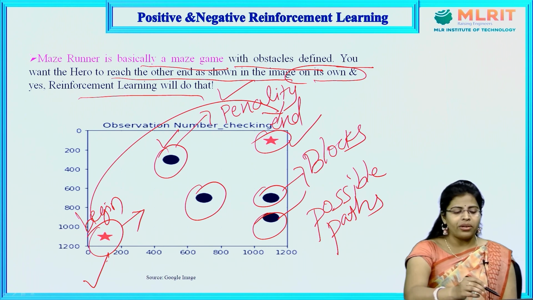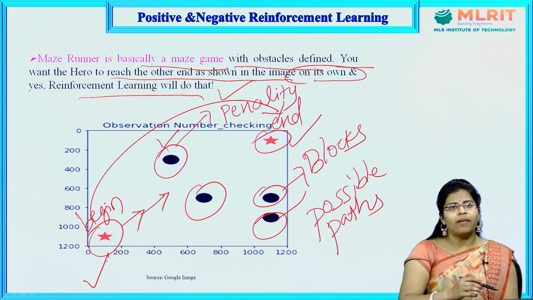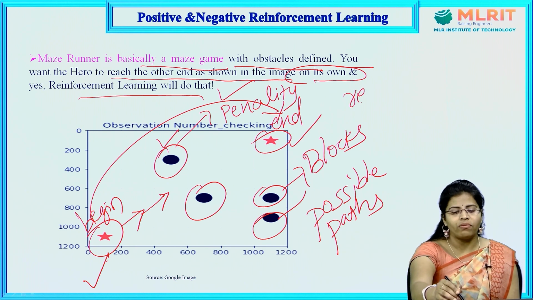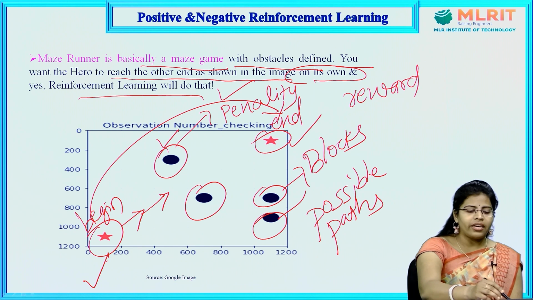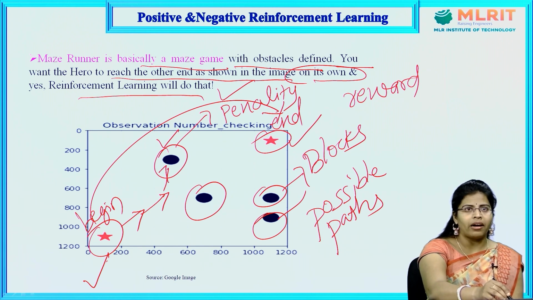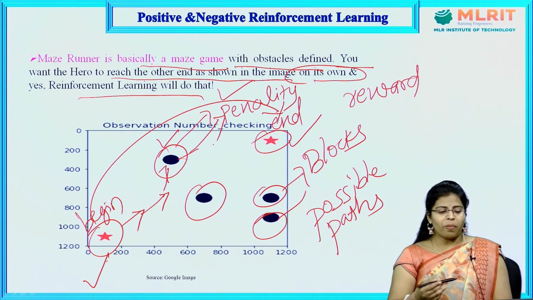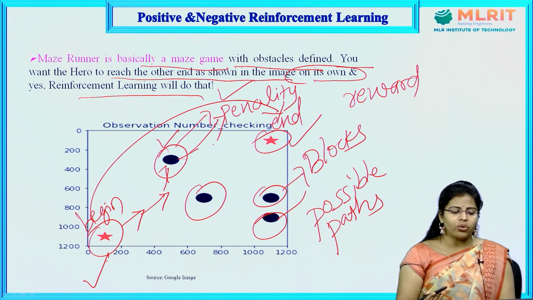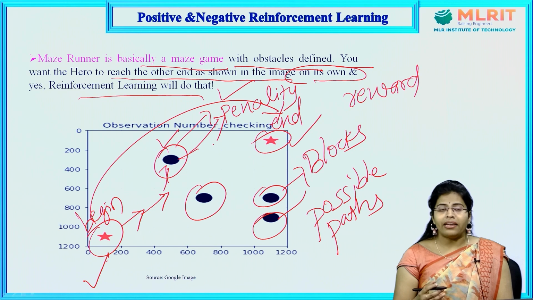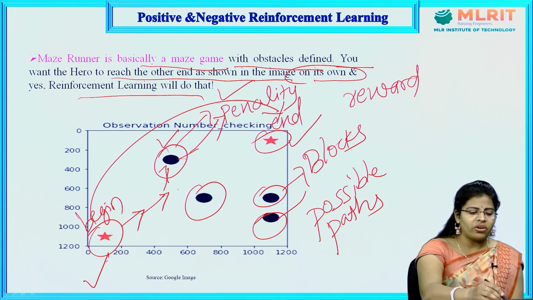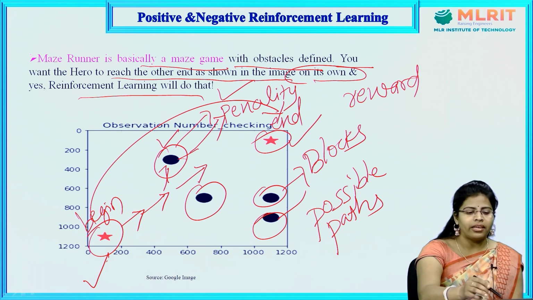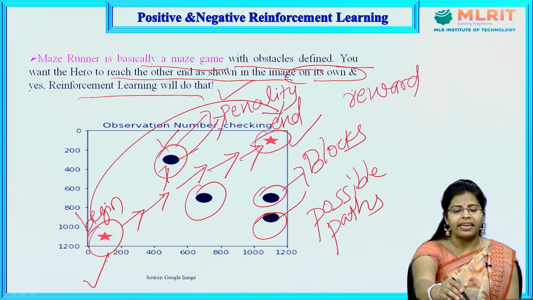Whenever it selects a correct path, it is going to get a reward for it. For example, whenever it selects this path, it is going to get a penalty for it. Based on that, it is going to learn and improve. So it is going to select the other path, then another path, then it reaches the destination by getting the